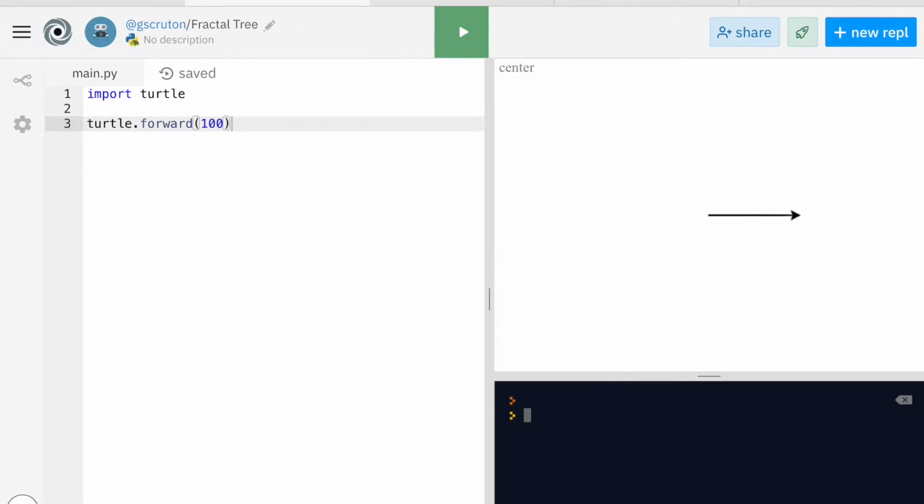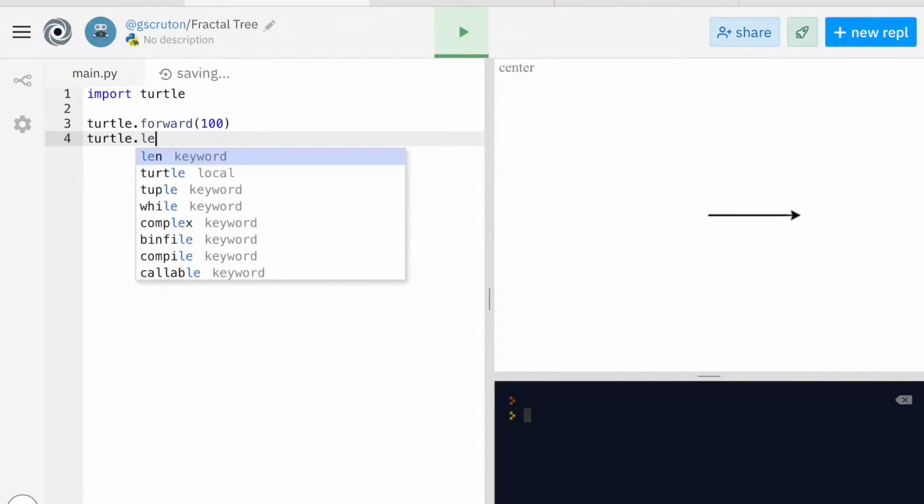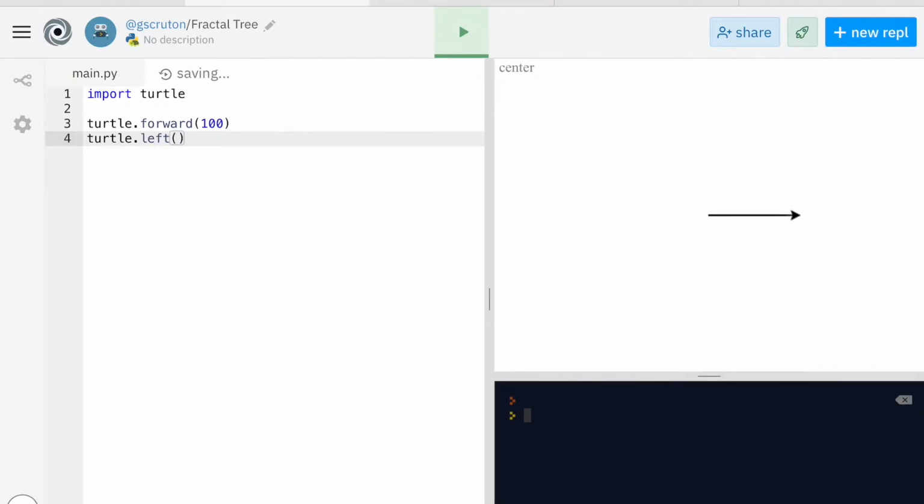We could tell it to rotate a certain amount. We could say turtle dot left or right, and we can go a certain number of degrees. If I want to go 45 degrees, then go forward 100. Here, I'll just go up and copy that. I'm doing this on my iPad with an external keyboard. The keyboard makes things a little bit easier. And if I ran that,